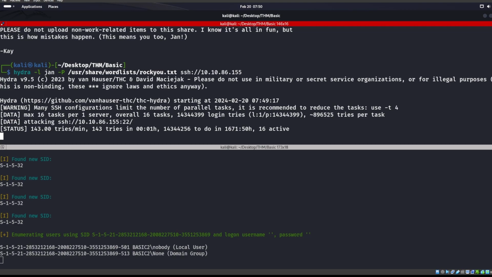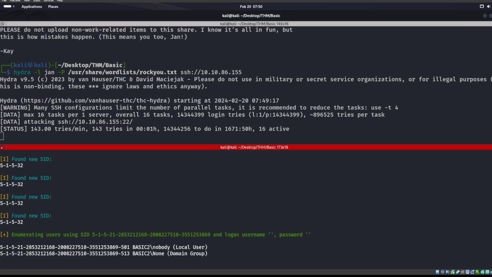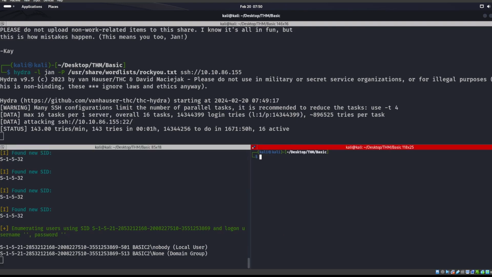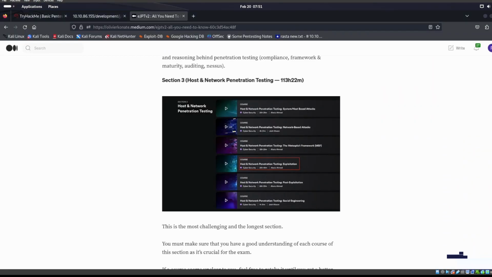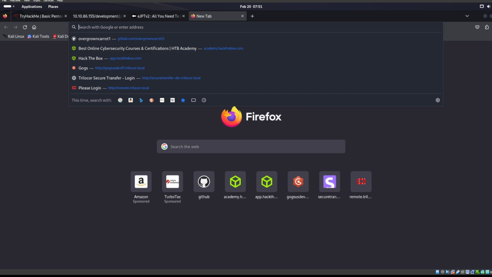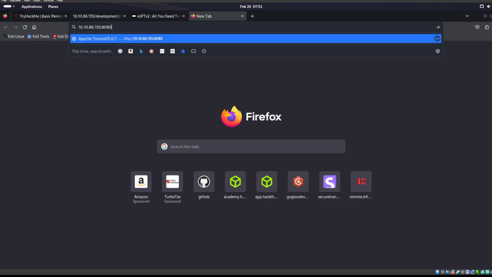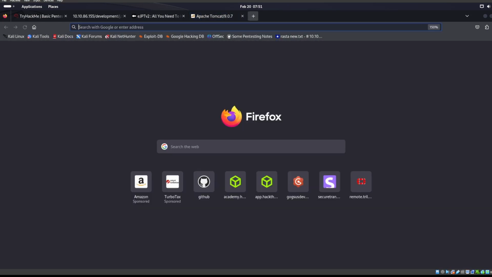So we now have two users now also. We also have K and we have Jan, right? So those are things that we may want to echo into something like echo K into users.txt, and then we can echo Jan, right, into users.txt, right? And we're still looking at that port 8080 also, and maybe we haven't tried GhostCat yet also,